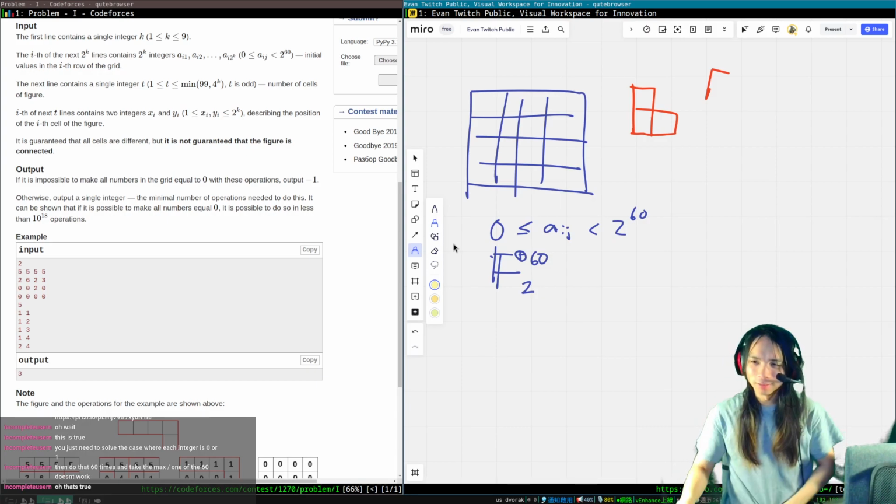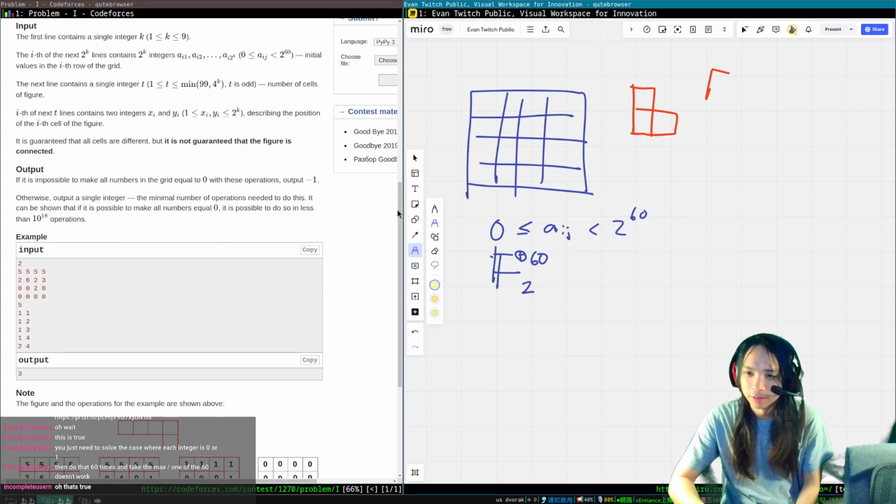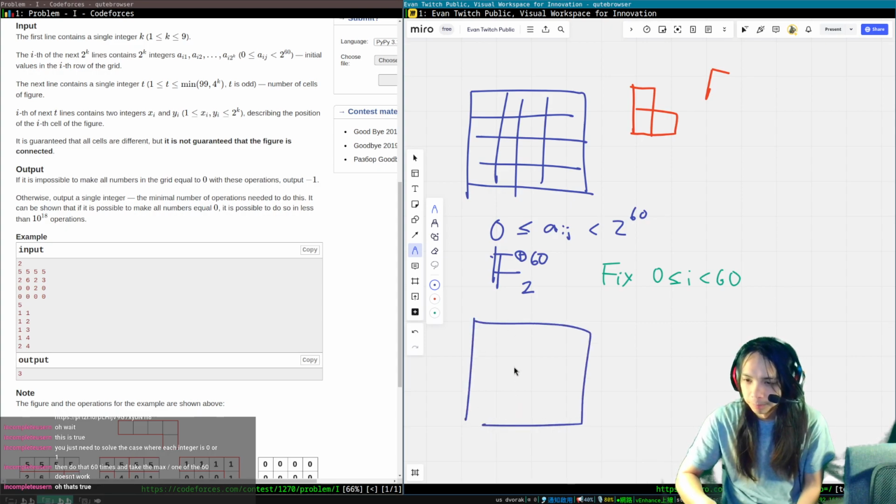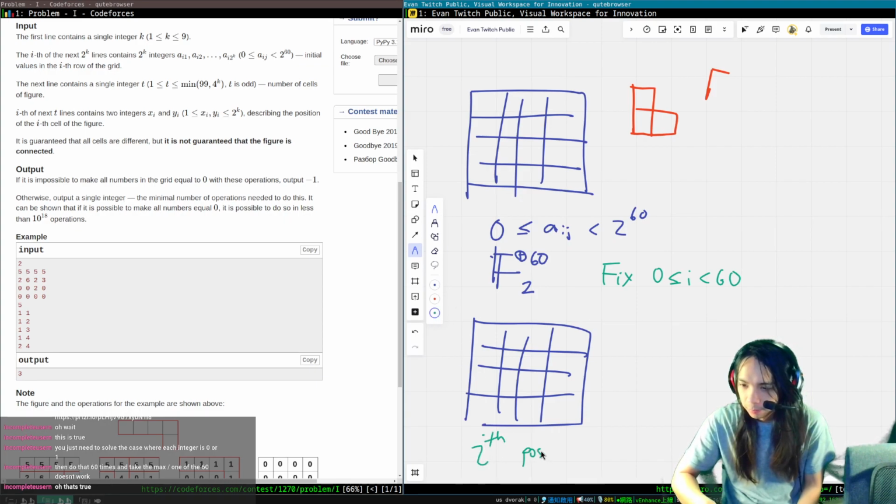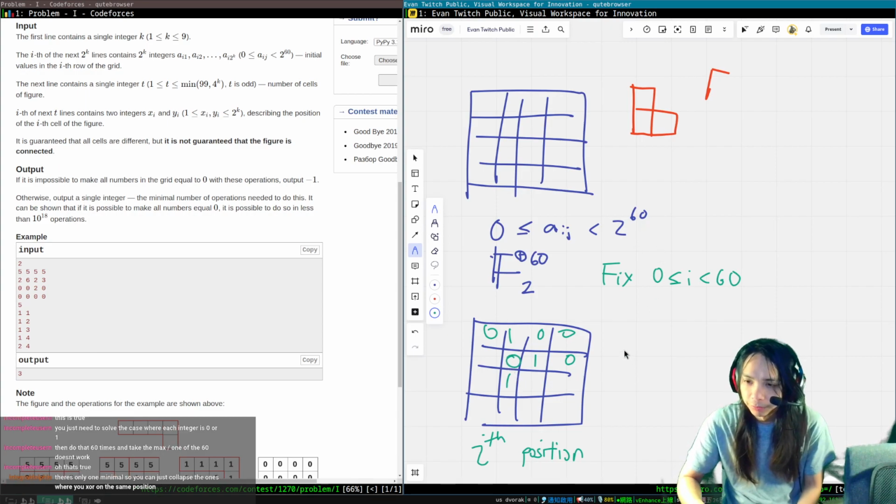So here's a way you can describe the problem. Fix an index i from 0 to 60, and then look at what the grid looks like with just zeros and ones, only the ith position. It's now a binary grid. And the question is, can you write this grid as the sum of copies of f? And if you can do so,